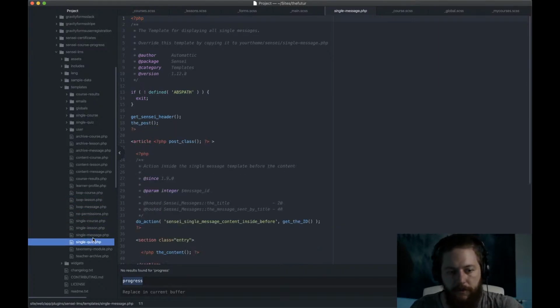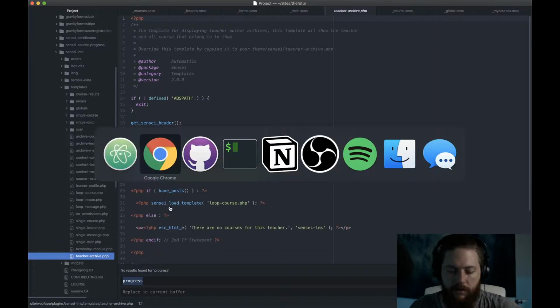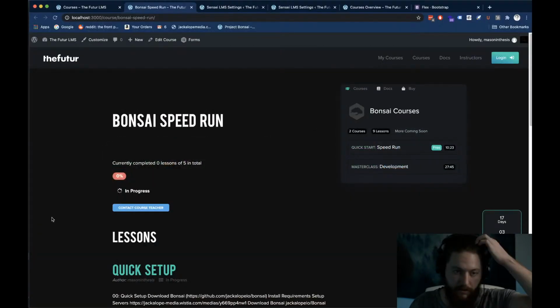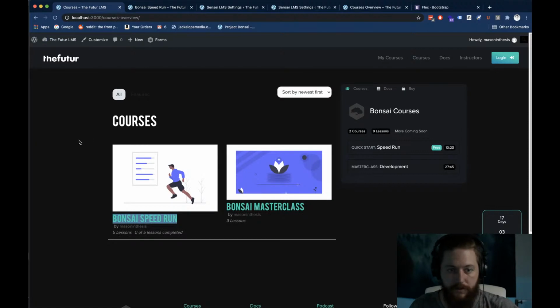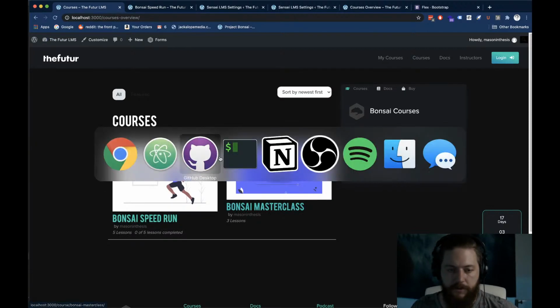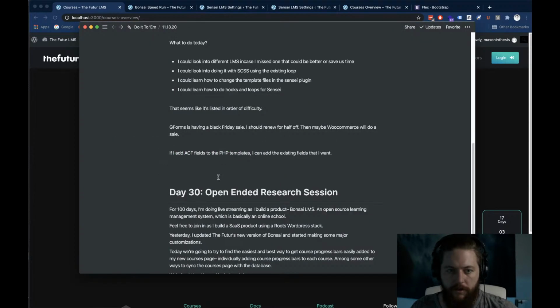Alright, so let me explain what I'm doing real quick. If today's point was to do research, I've accomplished what I wanted. I was able to come to the conclusion that I'm not going to have to learn to do all the hooks and loop stuff right now. I can do most of it through the SCSS using Flexbox. That way I can reorder, restructure, and reformat the pages without having to touch the PHP, which is